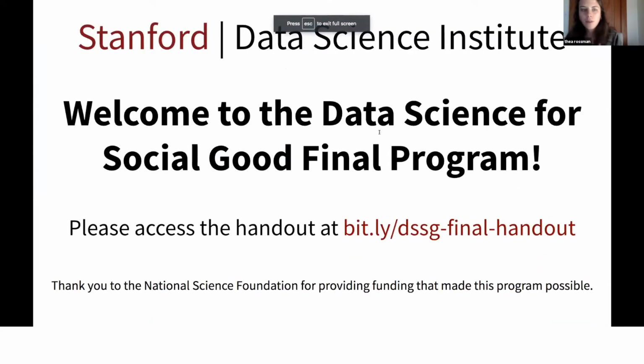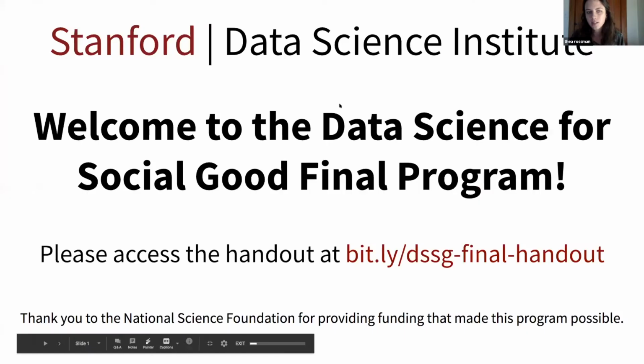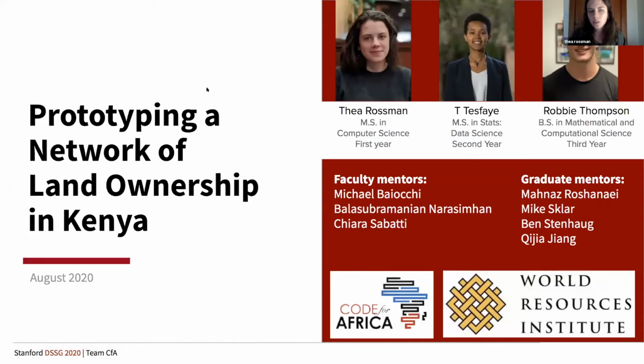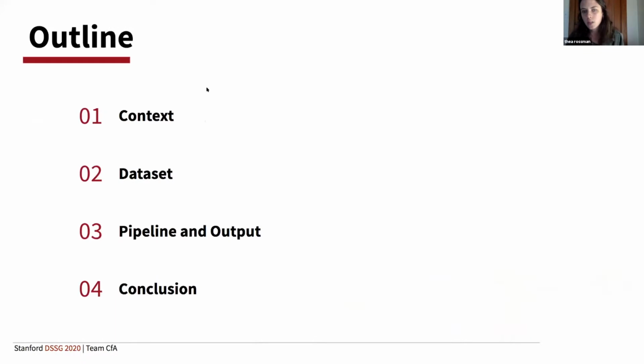So Robbie and I are going to talk about our work extracting land records from a data set of Kenyan government publications called the Kenya Gazette. We're going to start off with a little bit of context for where this project came from, move on to talking about our data set, which are PDFs of government notices required by transparency laws, and in particular talking about what kind of land information exists in these records. And then we're going to go through our pipeline and output, really formulating this around the key question of our project, which was to what extent can we get a structured data set from these PDFs?